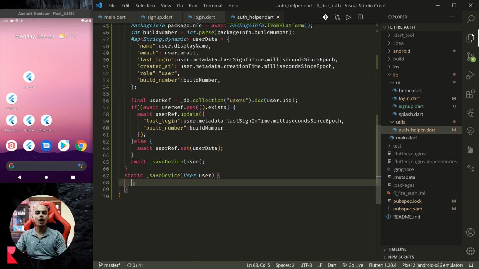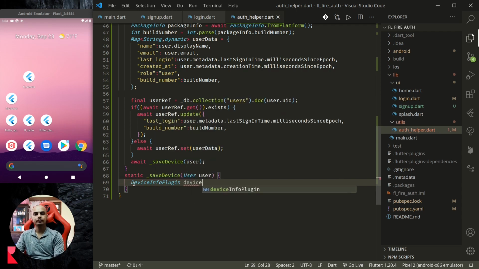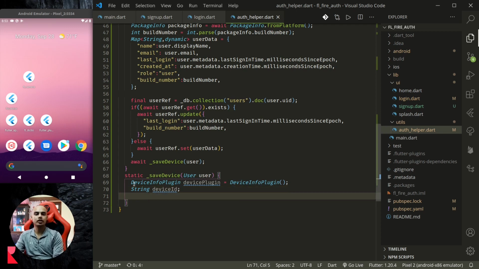If you do not know how to use the device info plugin, please check out my other tutorial. So device info plugin, will create an instance. Then we need a unique ID for each device. It is provided by the device info plugin, and